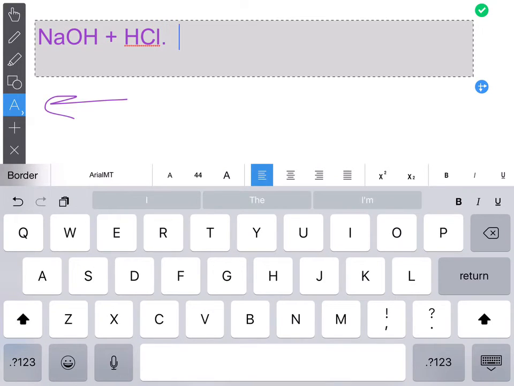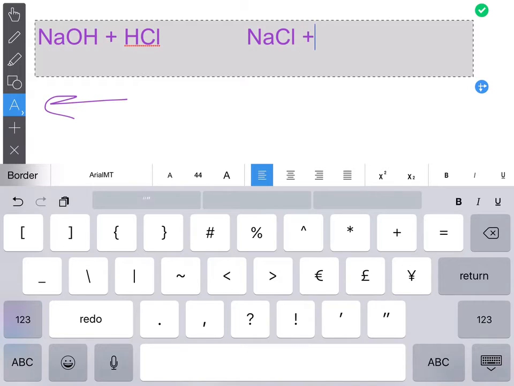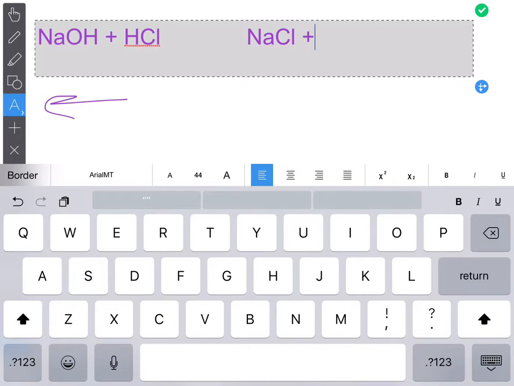Now, I don't have an arrow in here, so I can't put that in. But on the other side, on the product side, I'm going to put in some, yeah, I know it turns into salt when I put hydrochloric acid with sodium hydroxide. And I need to add the other piece, which is, whoops,